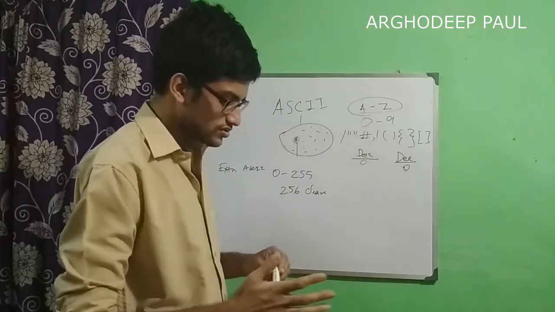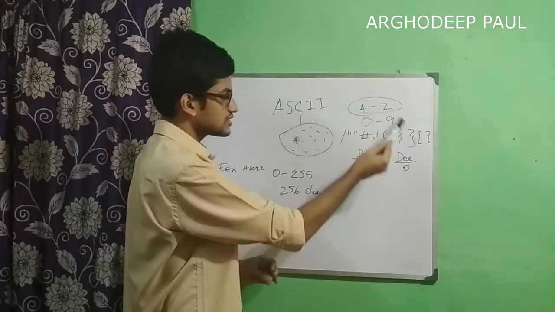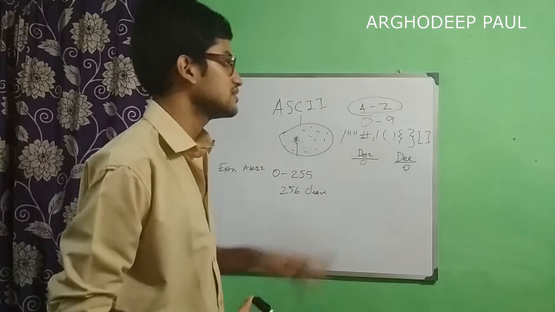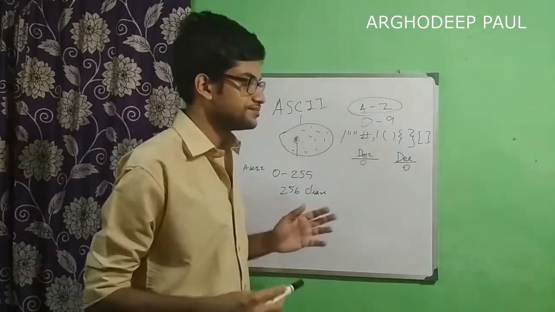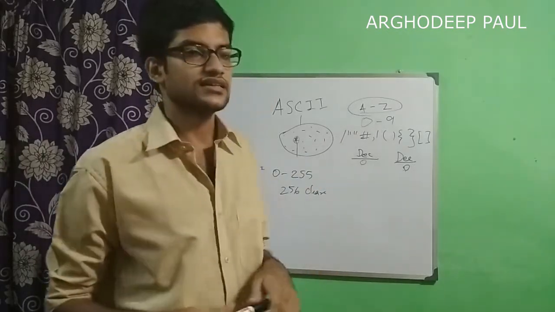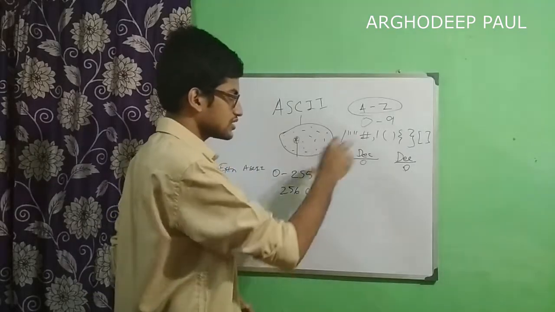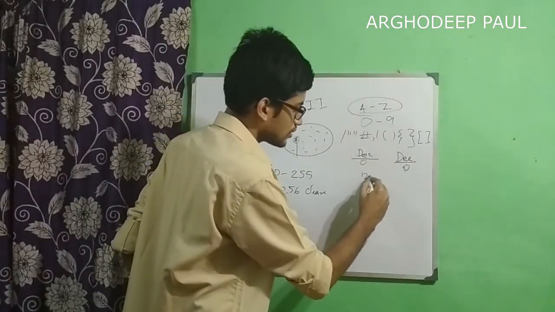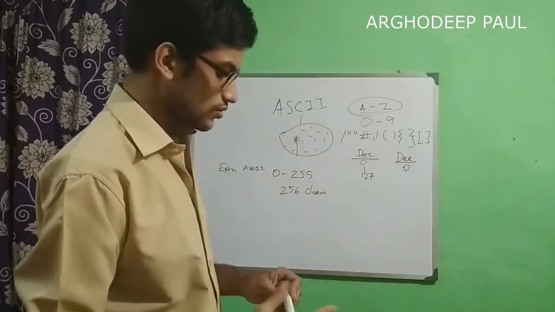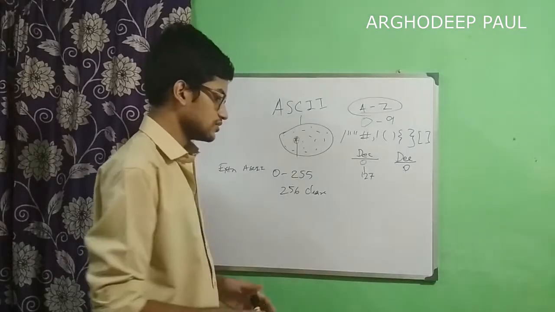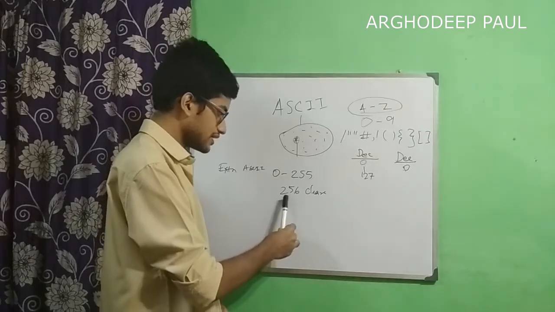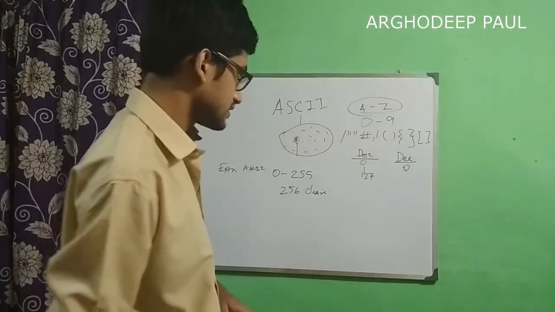So what are those extra characters? All of these characters, the English alphabet A to Z, 0 to 9 in the decimal system, and all those special characters, are all covered within the 128 characters, meaning 0 to 127. Those are all covered within the 0 to 127 range. So what is the case with the rest of the other characters? How do we get the extra characters? Because now we have extended the ASCII and we can support up to 256 characters.